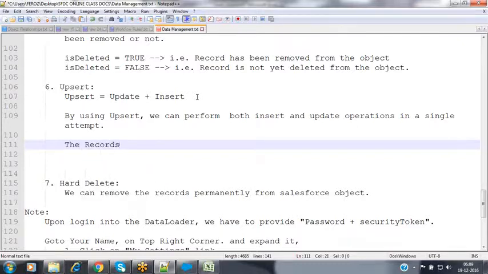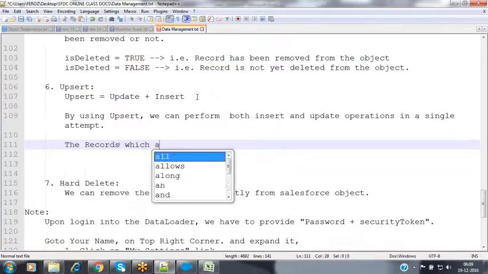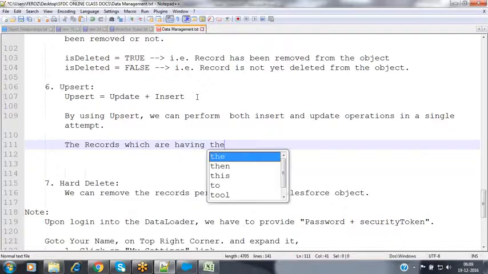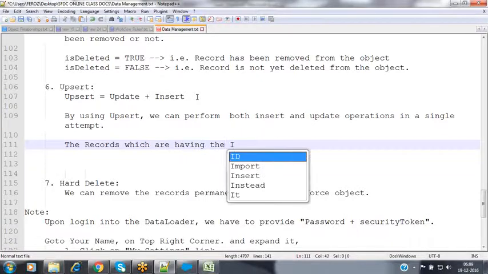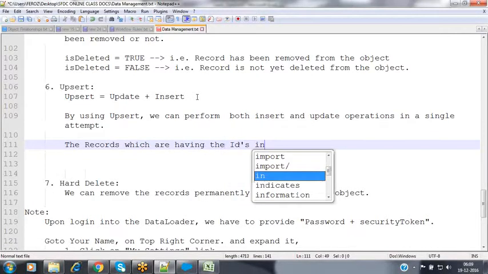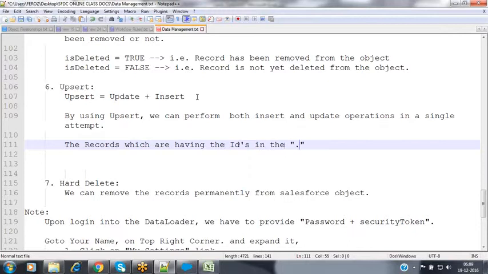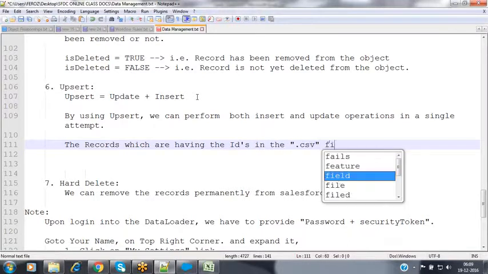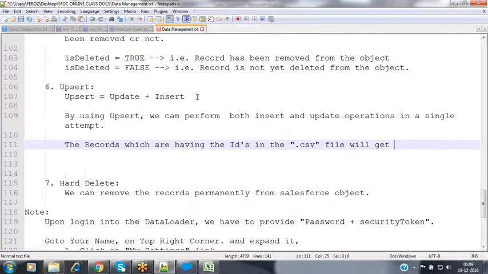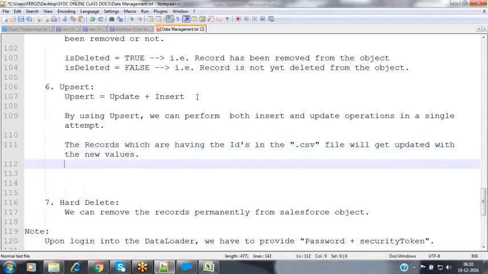The records which have IDs in the .csv file will get updated with the new values.